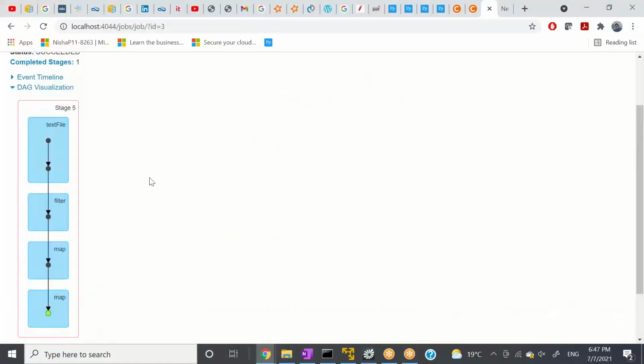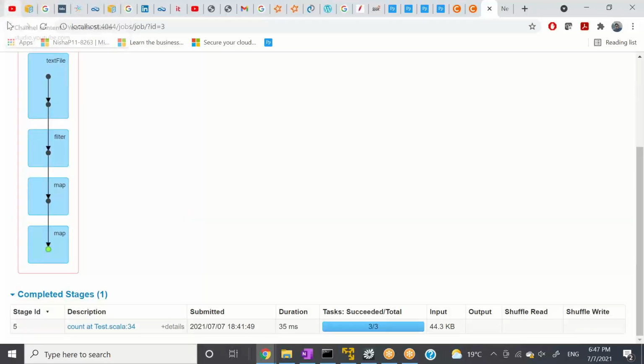We never used any wide transformations here. We only use narrow transformations, and narrow transformation means all the data is available on a single partition to do those transformations. For example, filter and map. So this is how count works.